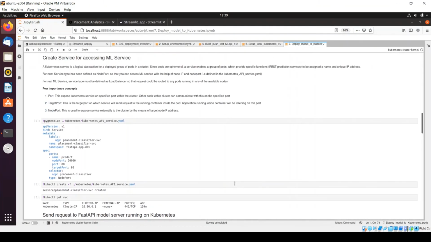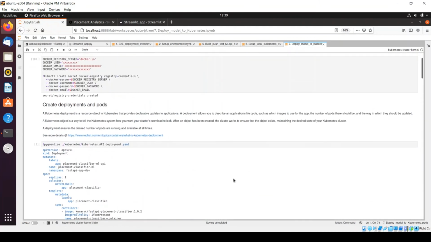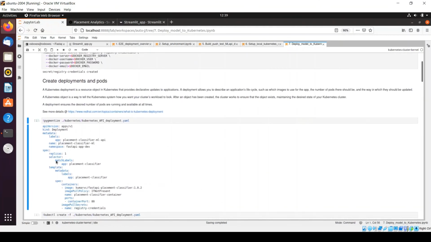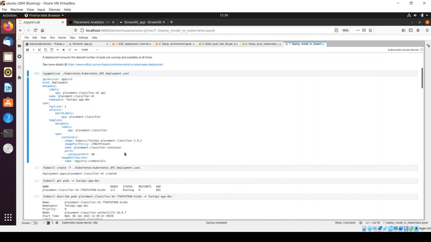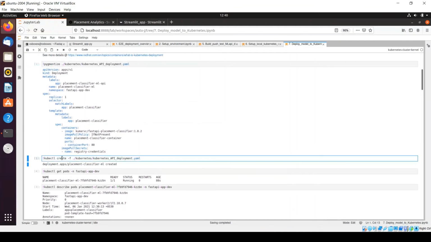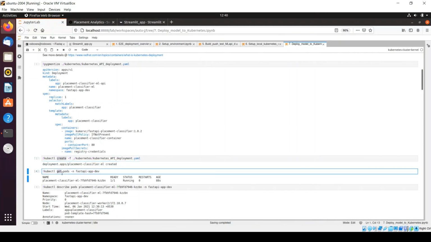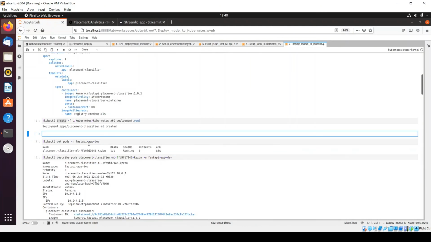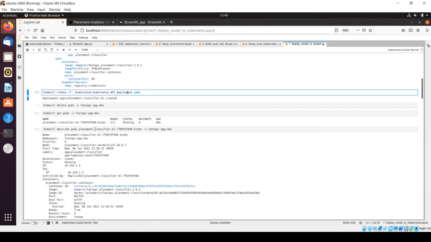I will show another concept around what is the use of this. That's what we had left initially. So what I will do is forcefully delete this pod, because right now it's running.